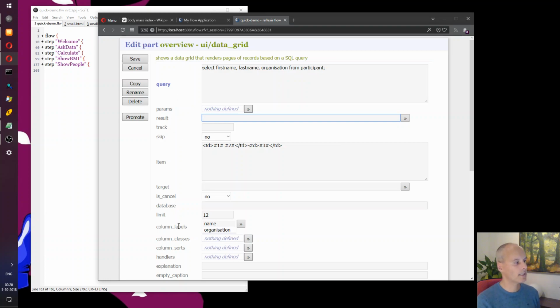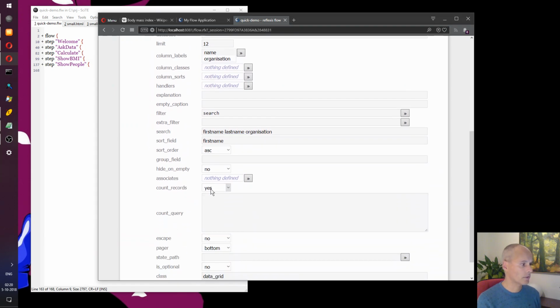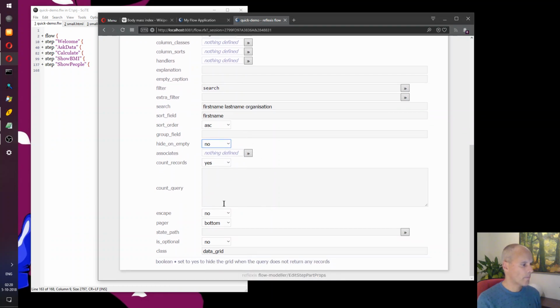And here's the complete list of all the properties with all the different values. For instance, count record is a Boolean, hide on empty is a Boolean. The pager is so the paging buttons can be placed on top or below, or simply be hidden.